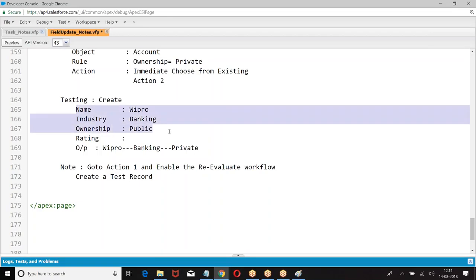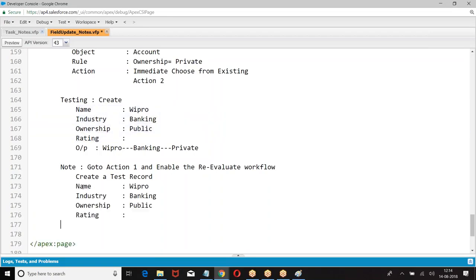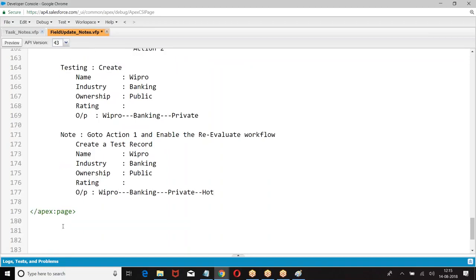Same record I am creating again. Then what is the output? Now the second rule will run because he told re-evaluate. The second rule also is verified. Why? Because I told re-evaluate.